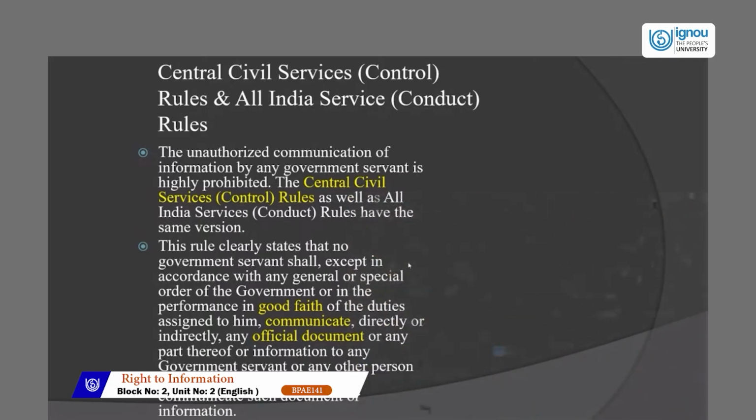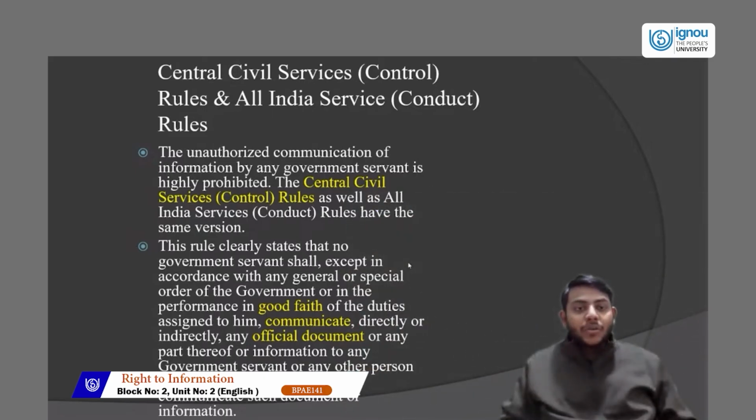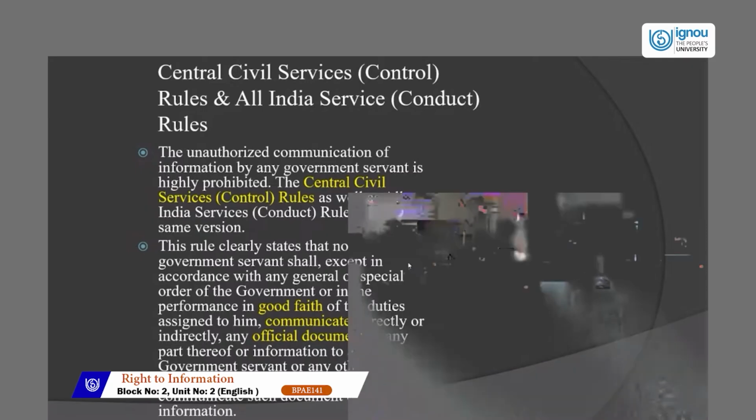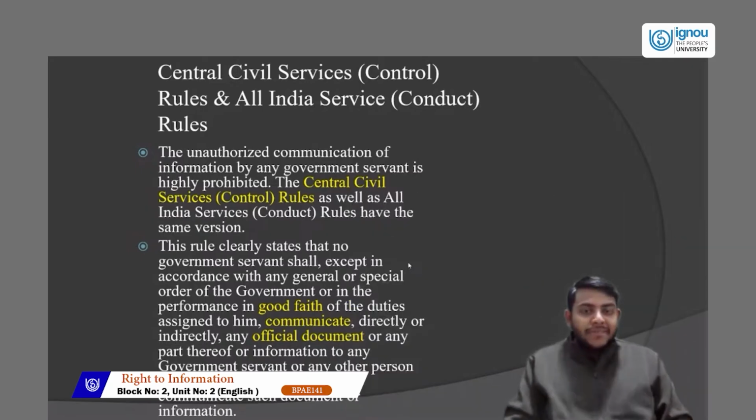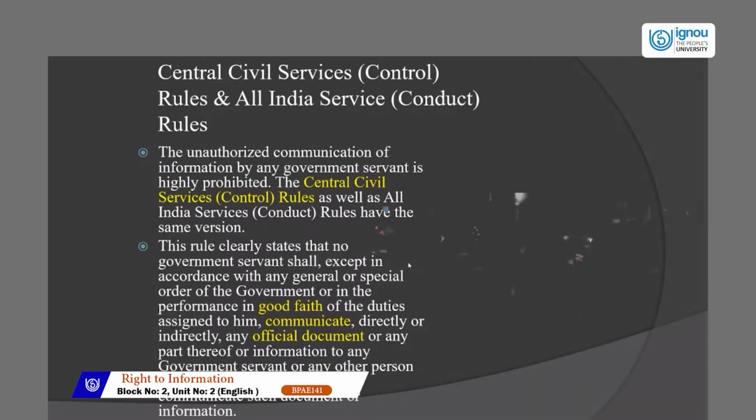And also there are the Central Services Control Rules and the All India Services Conduct Rules as well, which impose some restrictions on the functioning of the RTI Act of 2005. The unauthorized communication of information by any government servant is highly prohibited under these Central Civil Services Control Rules and All India Services Conduct Rules. They have the same version. This rule clearly states that no government servant, except in accordance with any general or special order of the government,